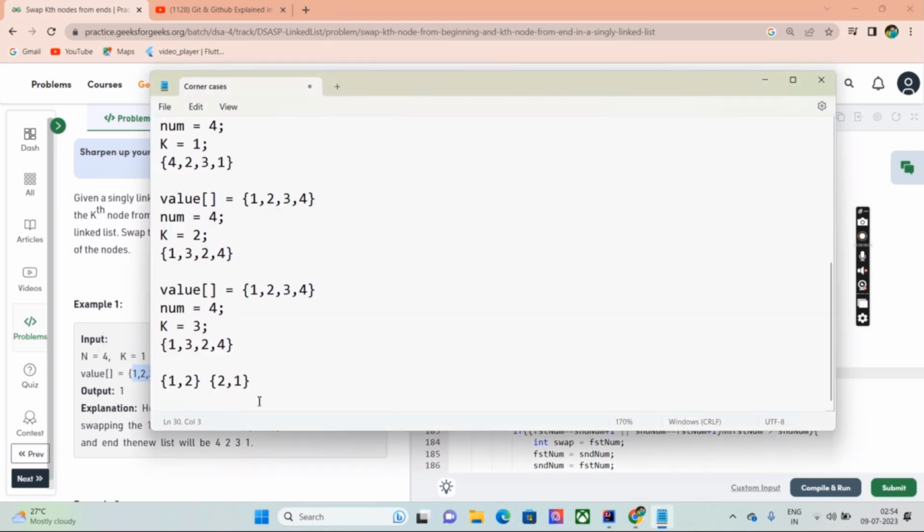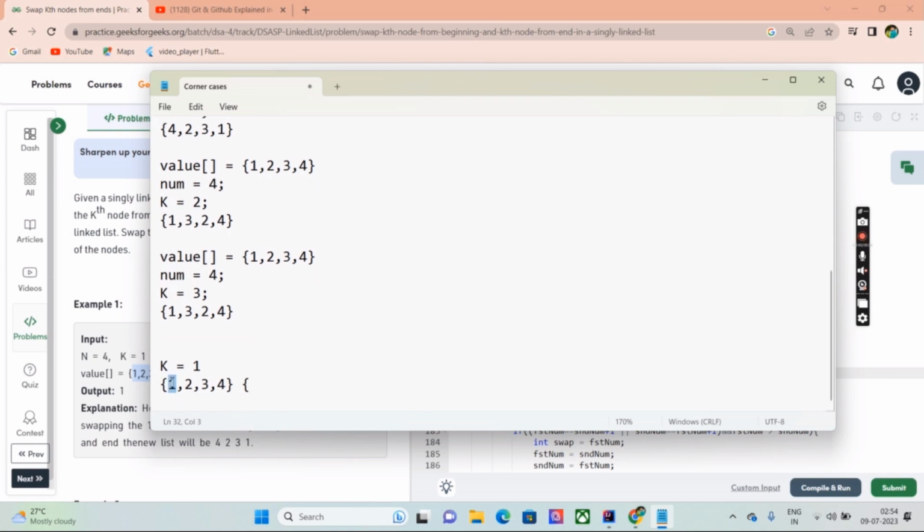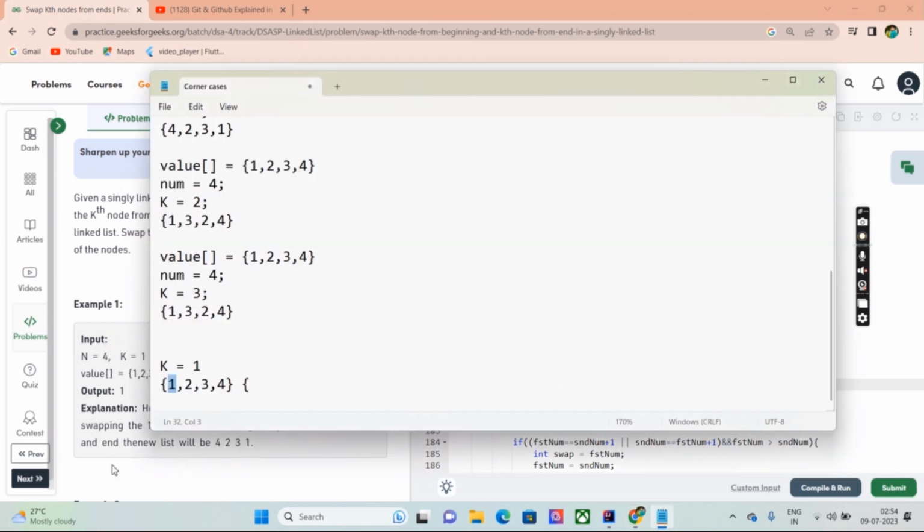So we'll take this example 1, 2, 3, 4, and the k value equal to 1. We're just going to link it. With k equal to 1, the head of the value should be changed from 1 to 4. So last value dot next equal to first next, and the next value of the last is, so by doing this I am declaring 4, 3 and 2,